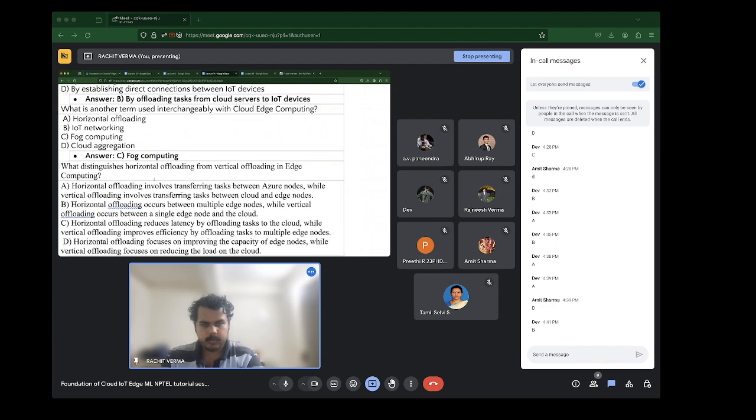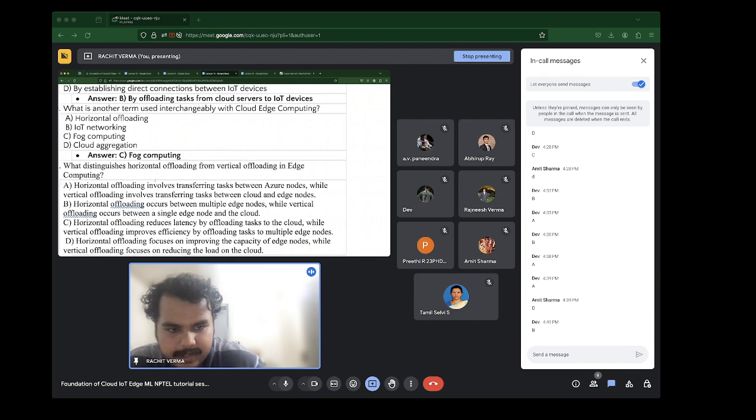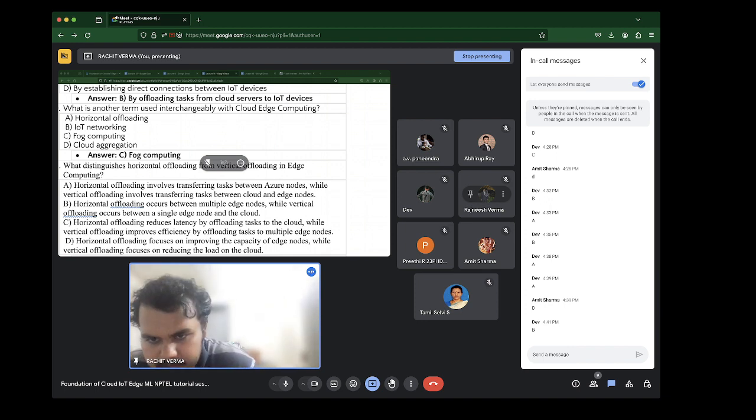What distinguishes horizontal offloading from vertical offloading in edge? A: Horizontal offloading involves transferring tasks between Azure nodes, while vertical offloading involves transferring tasks between cloud and edge nodes. B: Horizontal offloading occurs between multiple edge nodes, while vertical offloading occurs between a single edge node and the cloud. C: Horizontal offloading reduces latency by offloading tasks to the cloud, while vertical offloading improves efficiency by offloading tasks to multiple edge nodes.